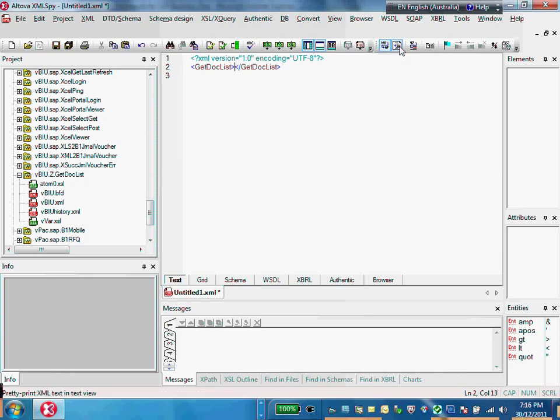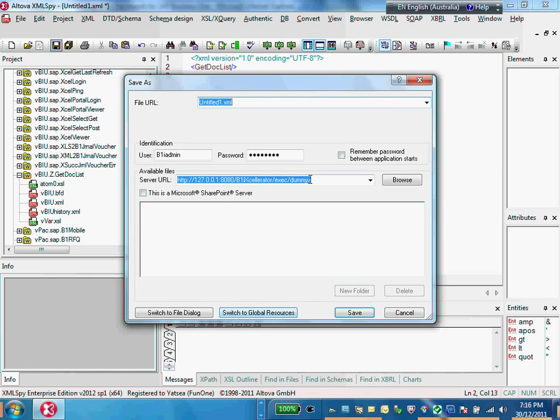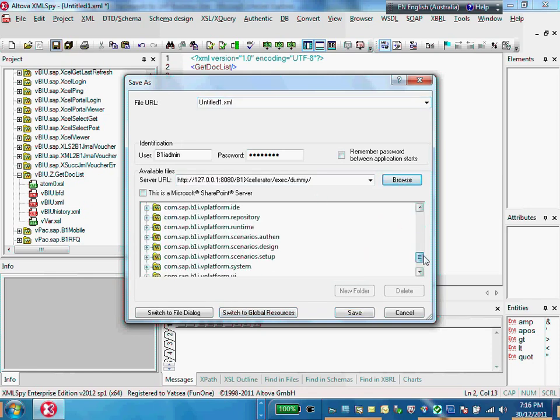That's the one I would like to have as the test, just for debugging in the B1 ISM. Then I would like to save this one to the get doc list folder here, and I would like to use the name and switch to the URL, and put it in the same folder structure, design here,